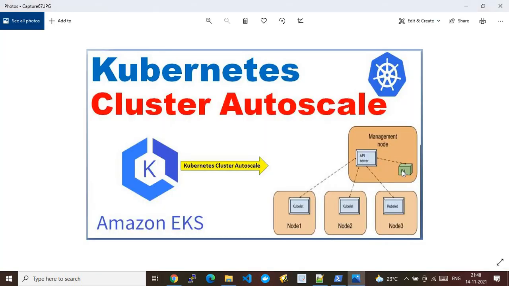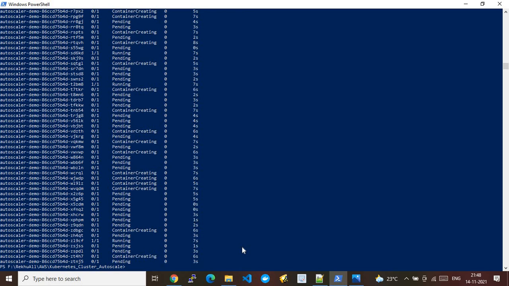So here our cluster autoscaler pod was here. Earlier, at rest, the number of nodes was only 4. When there is a resource crunch across the nodes, the cluster autoscaler will automatically kick in and increase the number of nodes so that it can cater to the resource needs from the pod side. That is how the managed node group does this configuration automatically. That is how Kubernetes helps us automate that kind of configuration. That's the reason we call Kubernetes a container orchestrator. It is orchestrating our required need.